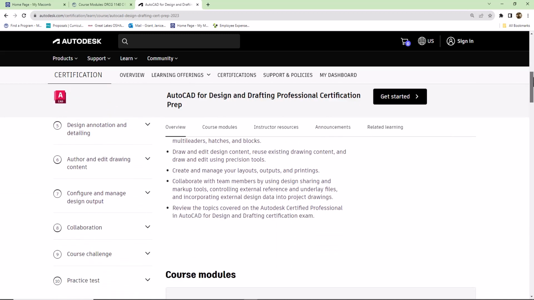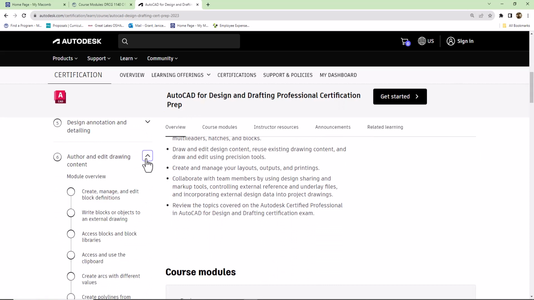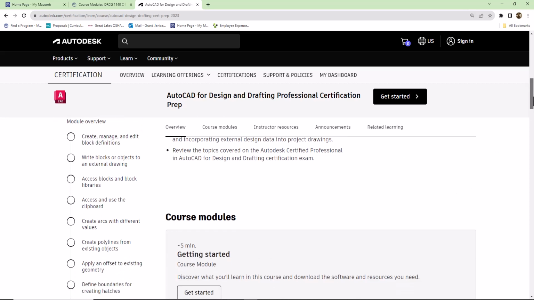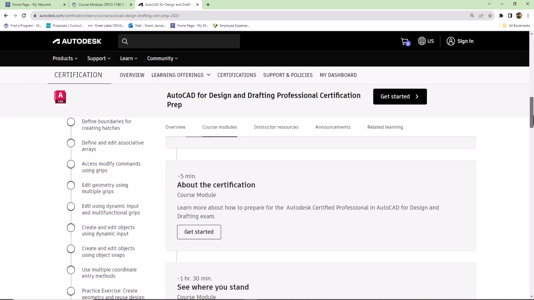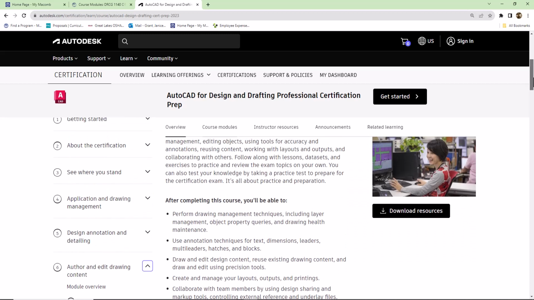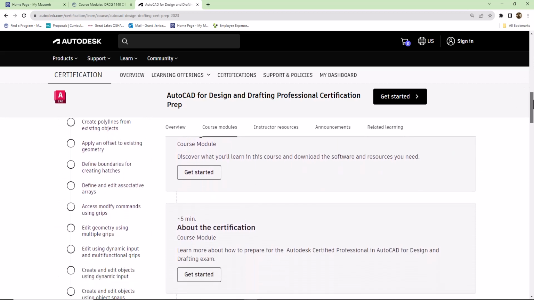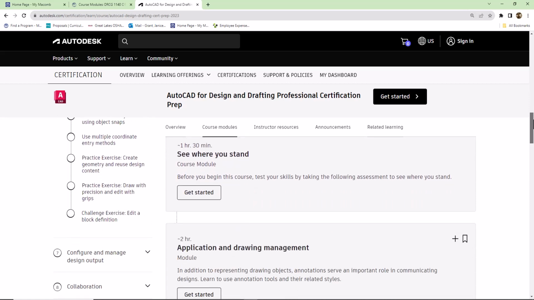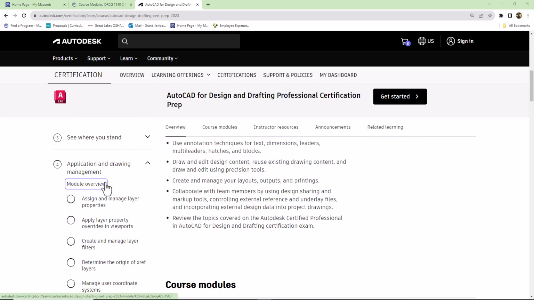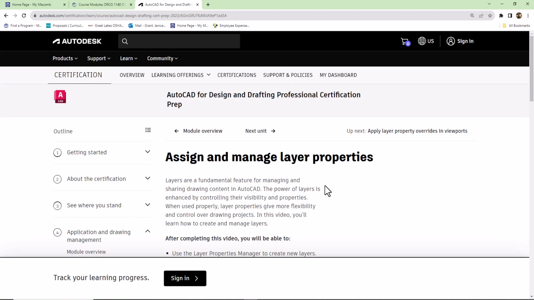These will give you tutorials for a lot of the different things that we covered in the class. You know, how to draw and edit, how to annotate, some of those things. So I would say, go through these videos. Let me pick one out here. So as an example, application and drawing management, you can go underneath assign and manage layer properties, and